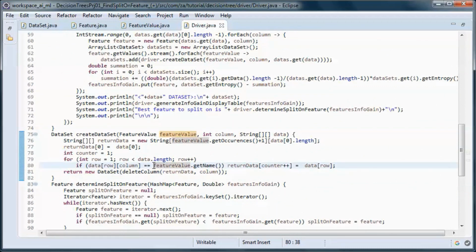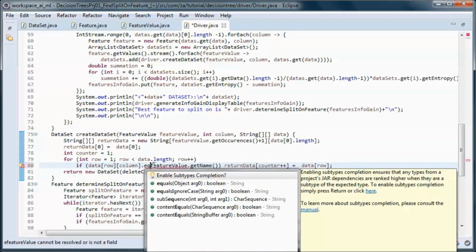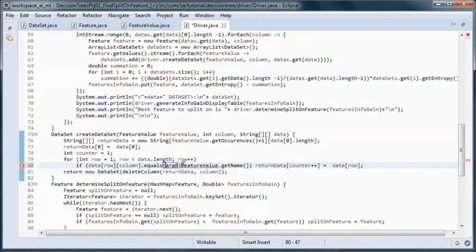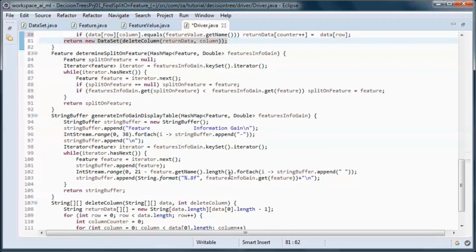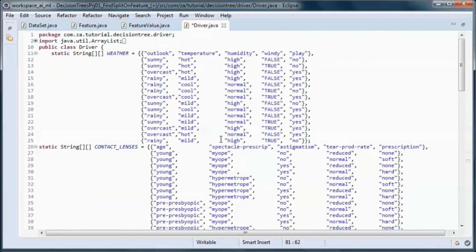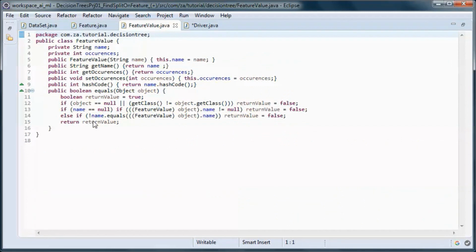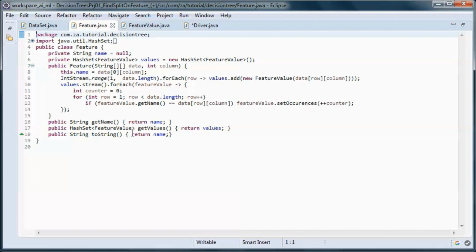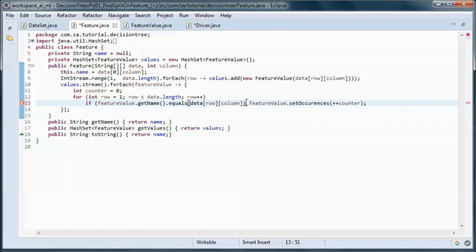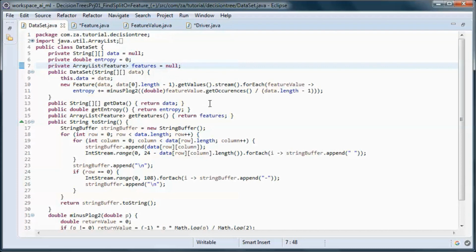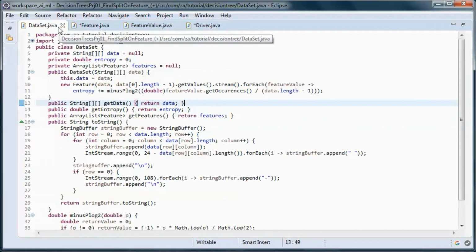So maybe use equals here. And same here. This should do it,